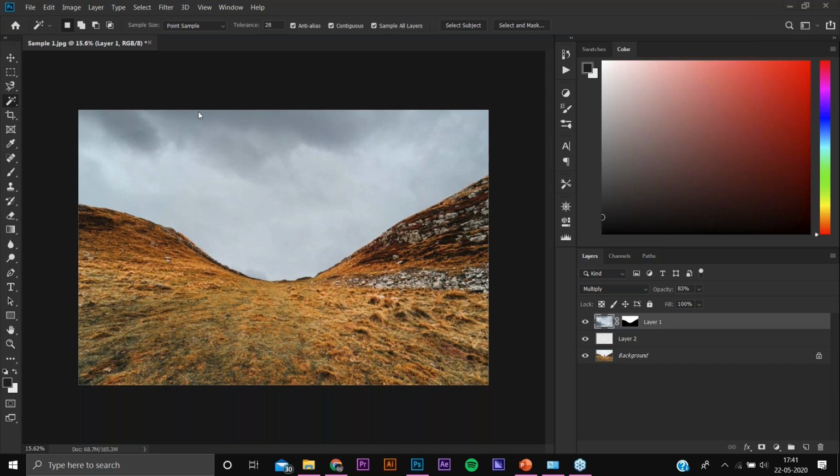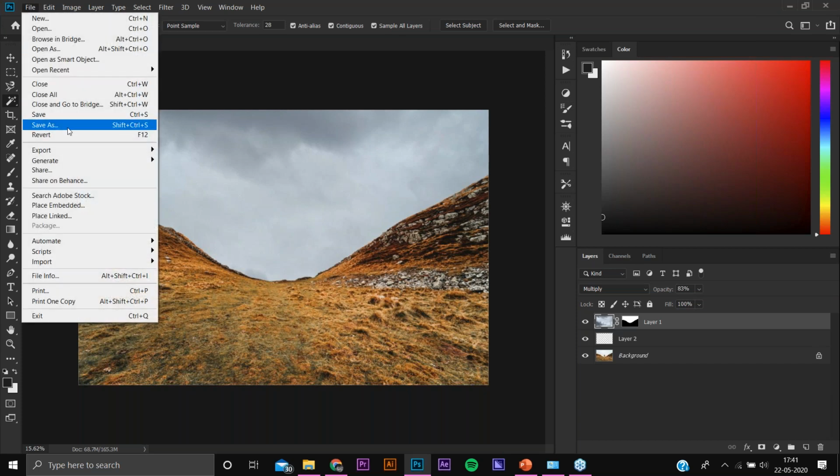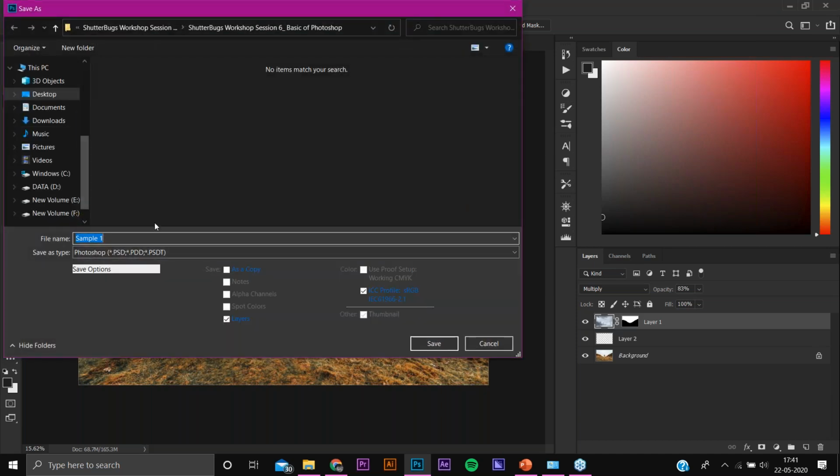या फिर अगर हमने इसको JPEG में सेव किया जैसे कि अब हम अभी करेंगे, हम जाएंगे फाइल save as and click save as. Okay, there would be one, like shown, that sample one and it's in the PSD format.